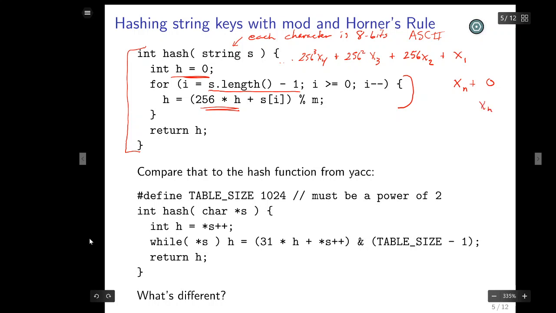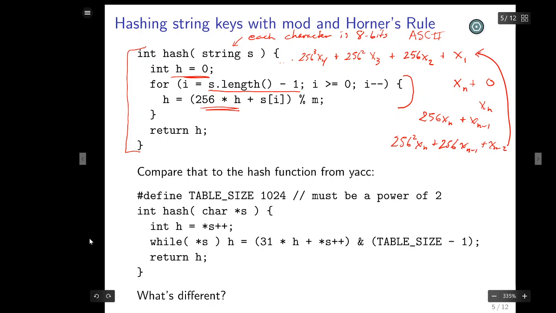Now when I do the next loop, I multiply xn times 256, and I add xn minus 1, and then the next loop I get 256 squared xn plus 256 times xn minus 1, and I add xn minus 2, and you see